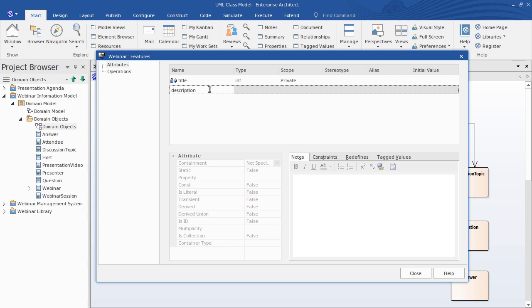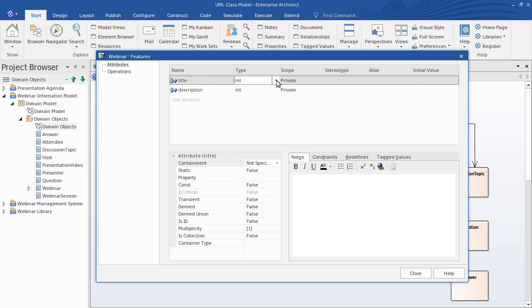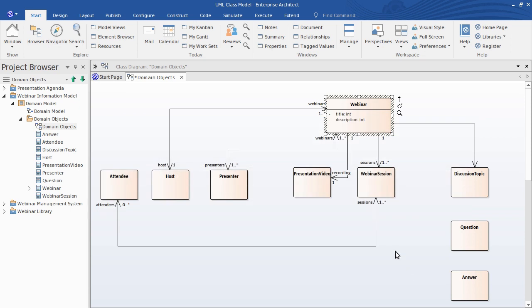So these are two properties that are really intrinsic to the webinar type. Now you can see that each attribute can have its own type associated with it. And if I look at the drop list, these are more like programming types. In fact, they're Java types, which don't really help us at this high level of modeling. So the reason for that is that each class, when you create it, actually has associated with it a programming